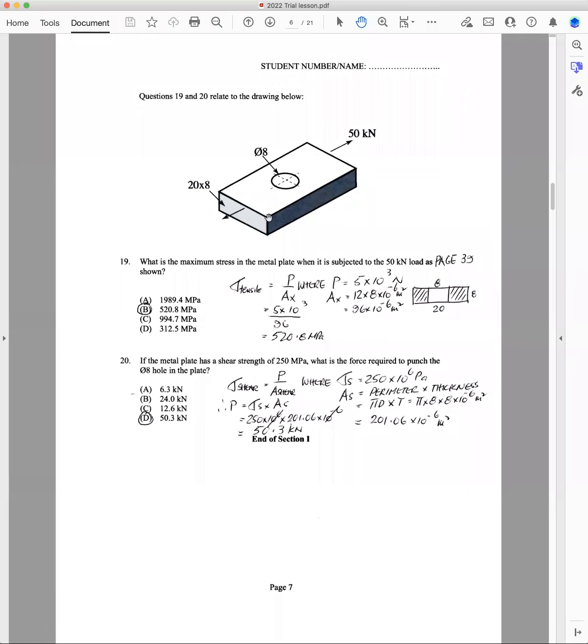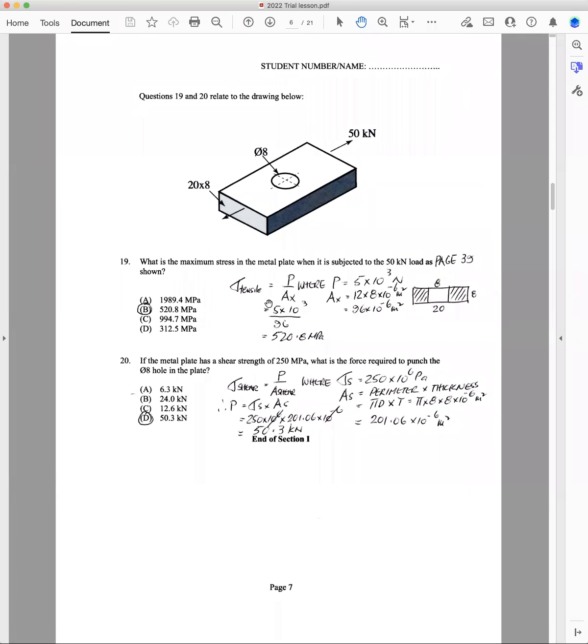Now, obviously, it's going to fail where there's least material, and it's going to fail across there. So you've got to work out the cross-sectional area of this section here where the hole is. And so this is the hole here. It's 20 by 8 deep. So the metal that is left there is 20. Take 8 away from 20, so it's 12 by 8. That's the area of